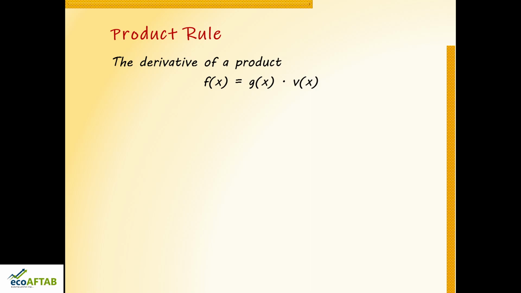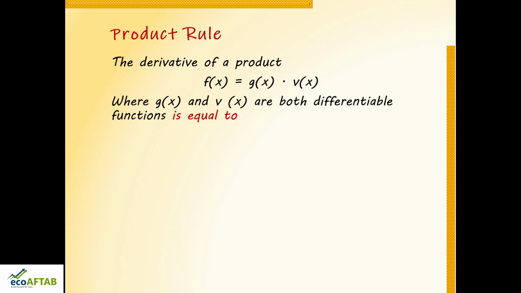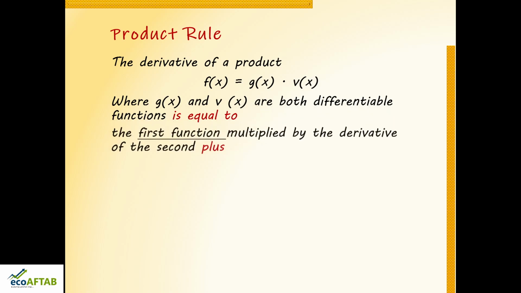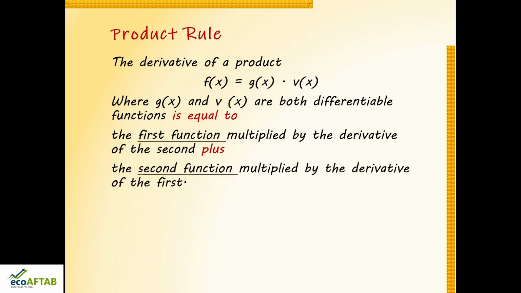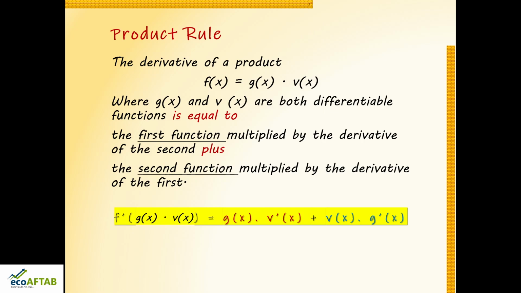If this is the function where g of x and v of x are both differentiable functions, it is equal to the first function multiplied by the derivative of the second plus the second function multiplied by the derivative of the first. So, it will be something like this: f prime g of x into v of x will be equal to the first function g of x